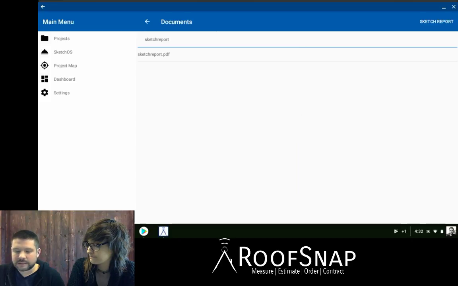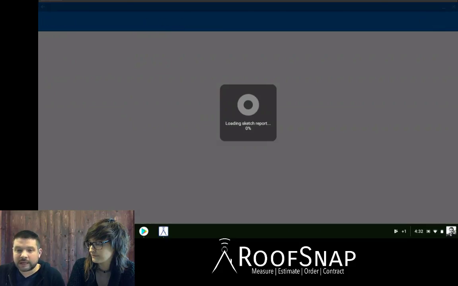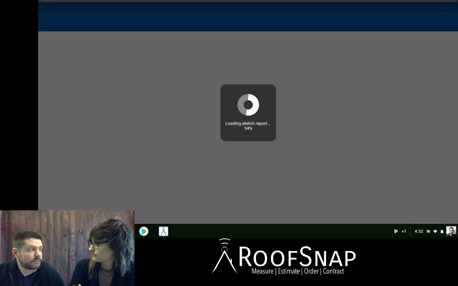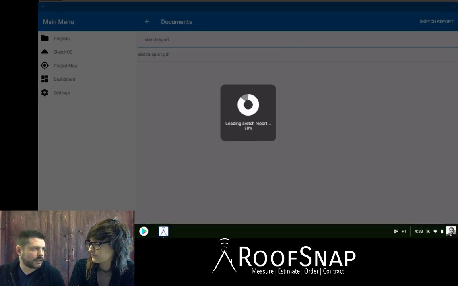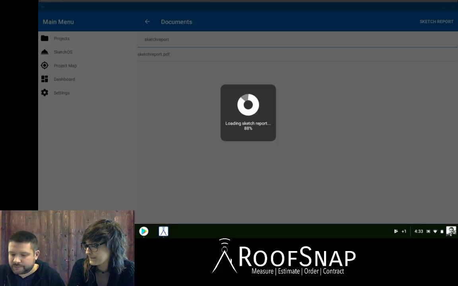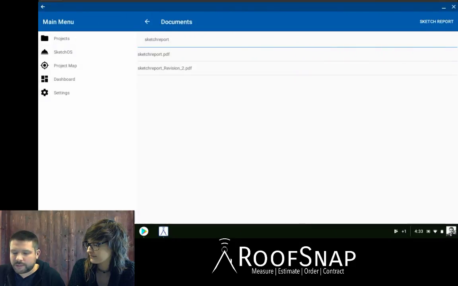And this is the sketchreport.pdf. We've already generated one for this project, but we've made changes. So you must tap on Sketch Report in the upper right-hand corner again, and that will generate another revision of the Sketch Report with any changes you've made. Great. So I can have both copies. Yep. You can see the first version, the second version. You can make 10 versions if there was the need to make that many changes. Great. And it does take a minute for it to generate and load up,